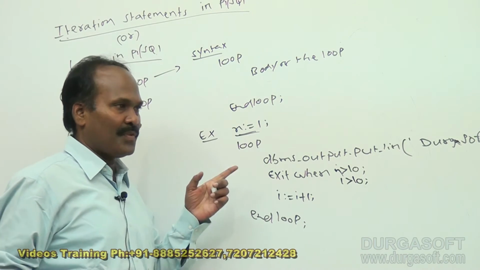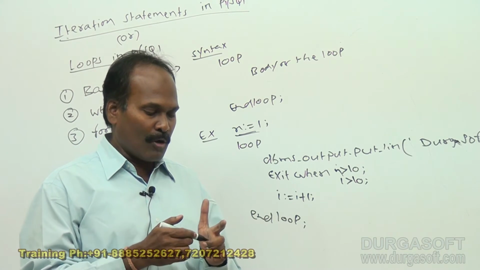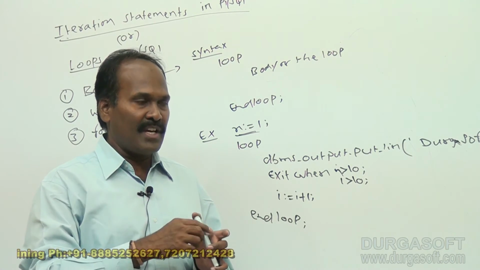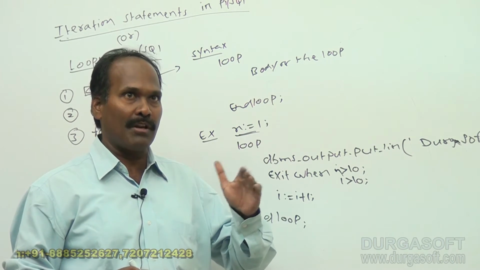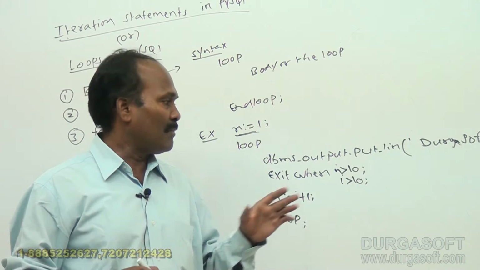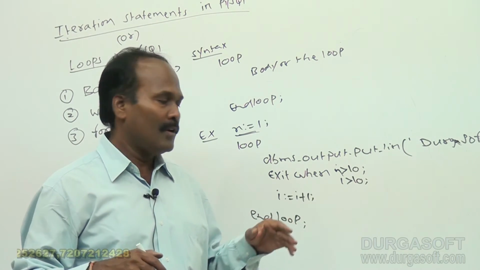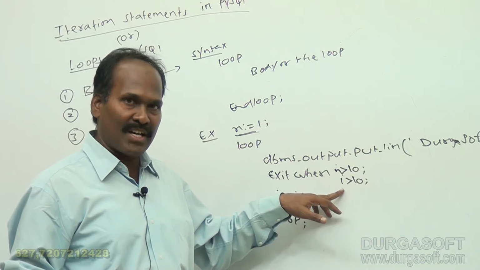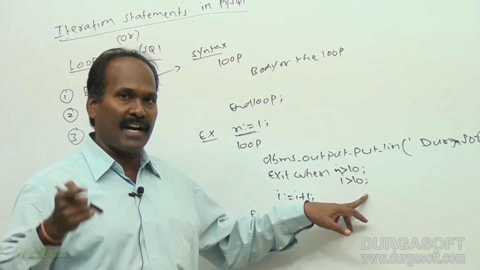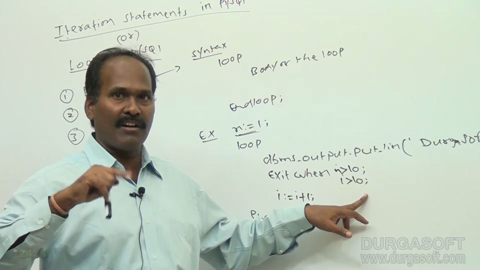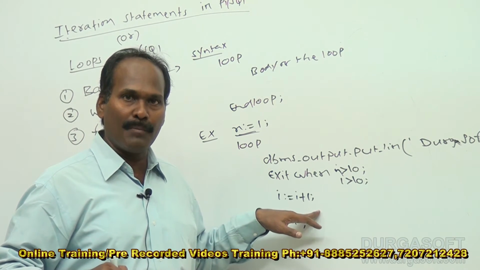This condition is for coming out, not for execution. In case of for loop and while loop, we specify when the loop has to be executed: whenever the condition is true, only then the body of the loop is executed. But in this case, this is a condition for termination, exiting from the loop. As 1 is greater than 10 is false, exiting does not occur. Execution of the body of the loop occurs.